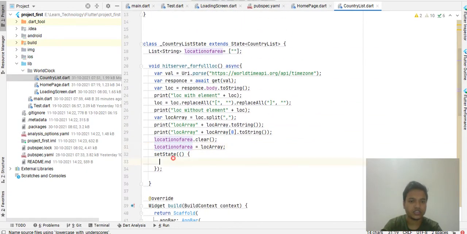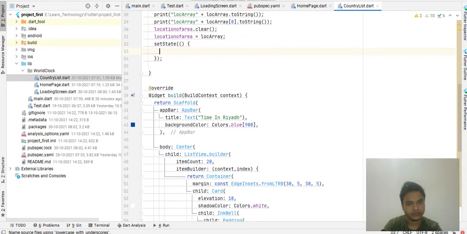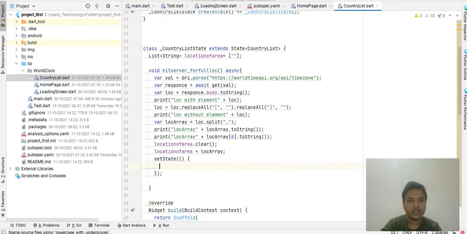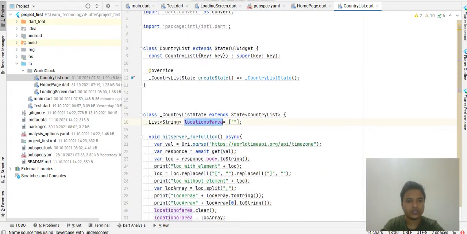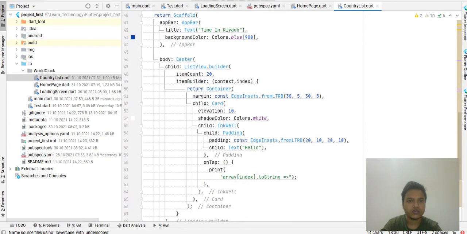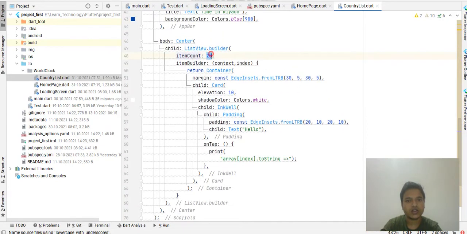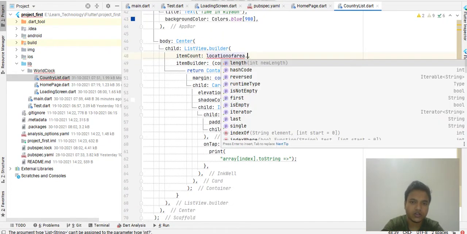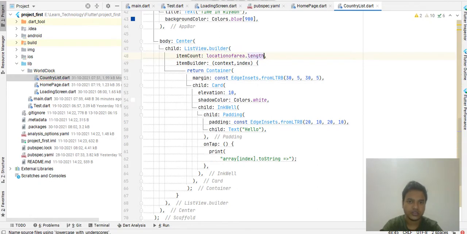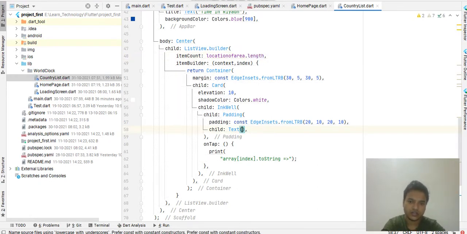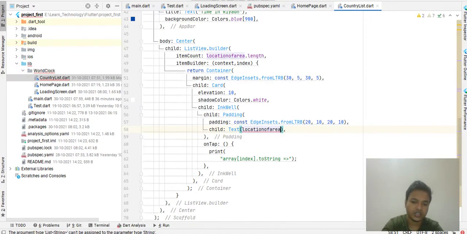So we have to call setState. And now we go to the list view, and the item count will become the length of that array, and the text will be the item in the array at the index. Let's click on run and see what it brings as a result.